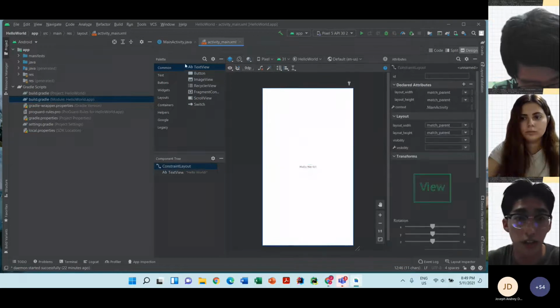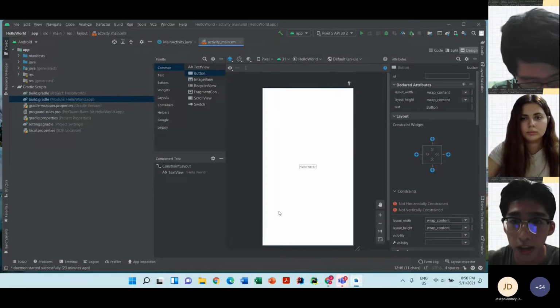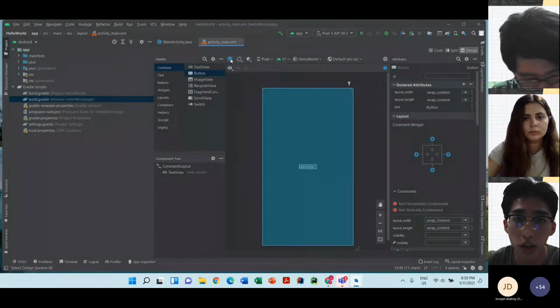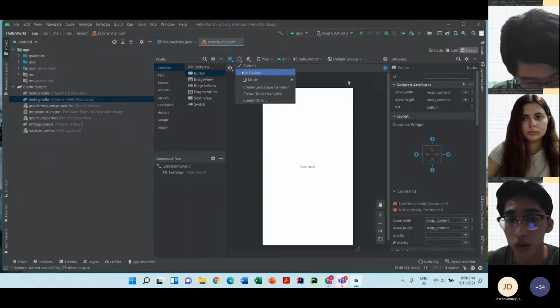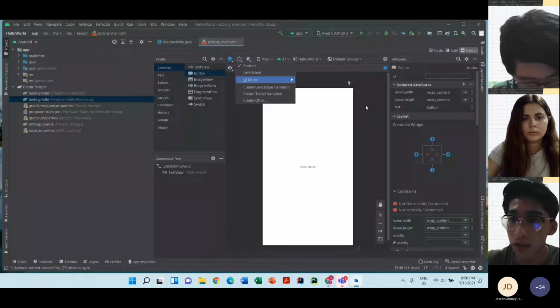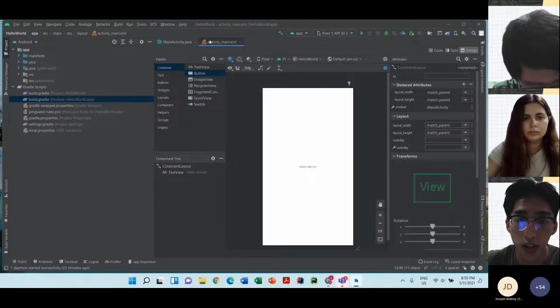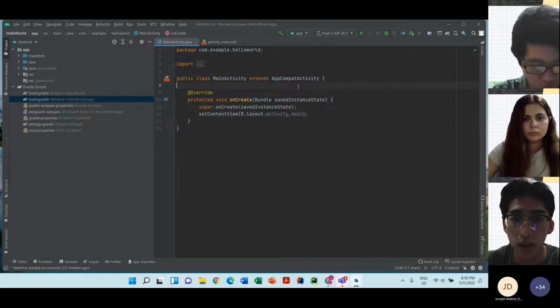You can even take the button view here and put it here. You've got one button view here already. So it's very simple. In this XML view, when you click here, you can choose the blueprint or the design. And here you can change the orientation, like if you want to change to landscape or to portrait, it's in here. All of these are in XML, the layout. So XML defines how the application looks, and the Java defines all those functions.